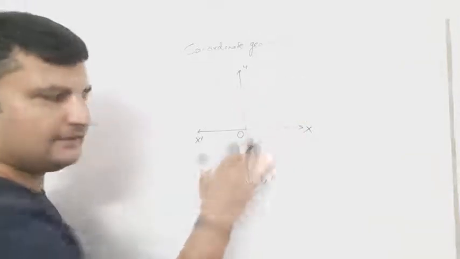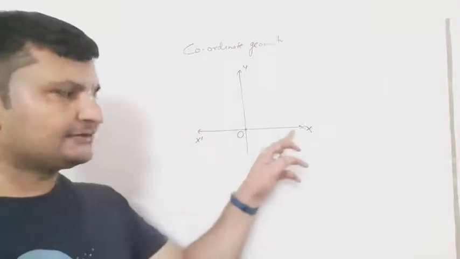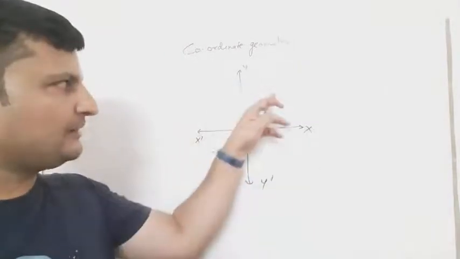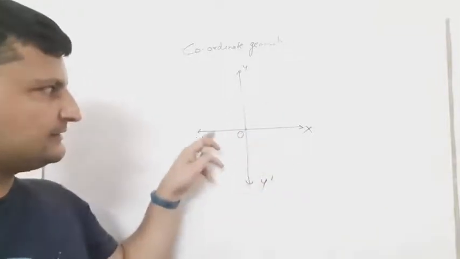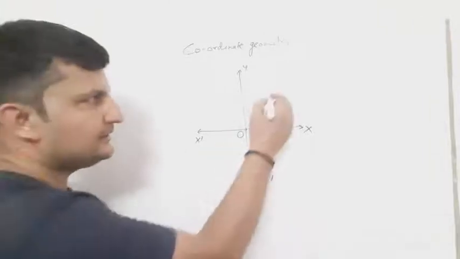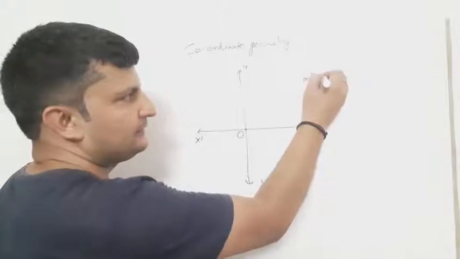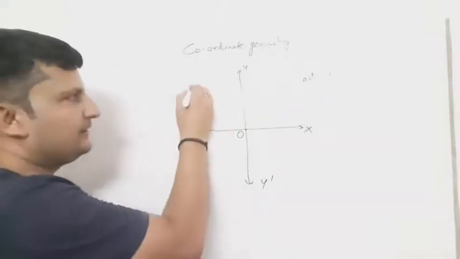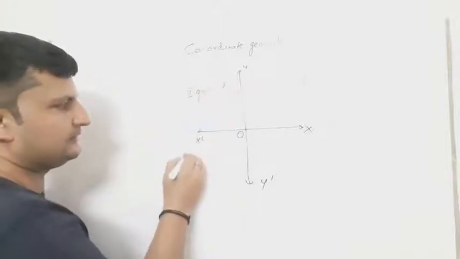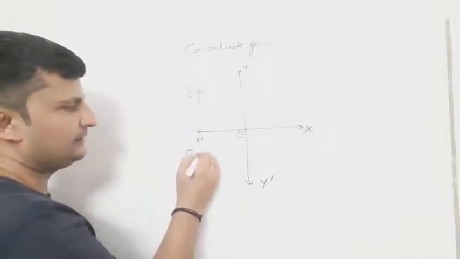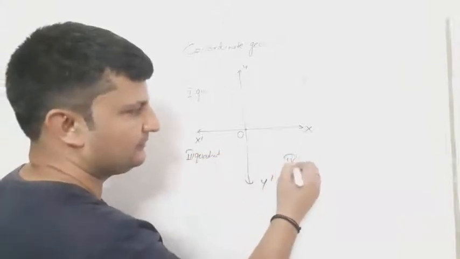And this plane is called the Cartesian plane. The Cartesian plane is the one in which we have an x-axis and a y-axis. How many parts are there here? We know that these axes cut the plane into 4 parts. This is called the first quadrant. This is called the second quadrant. This is called the third quadrant. And this is called the fourth quadrant.